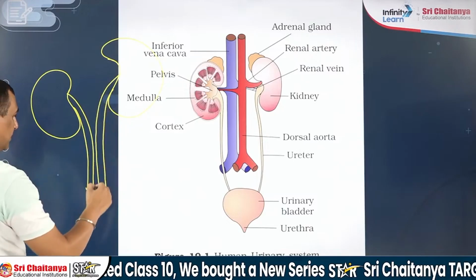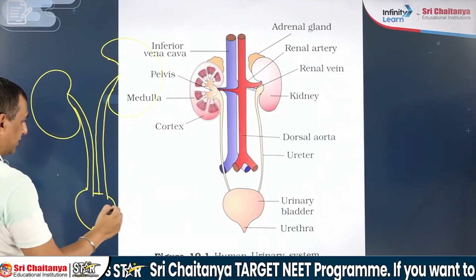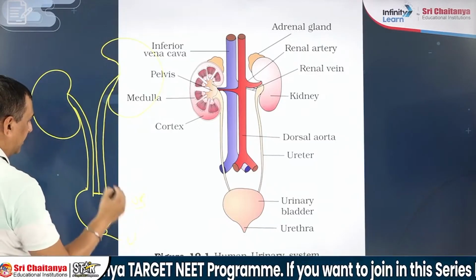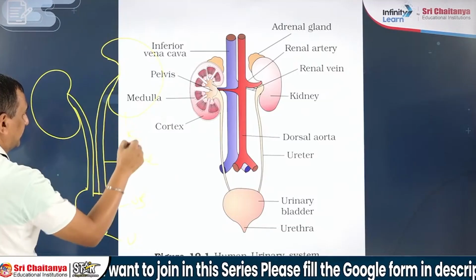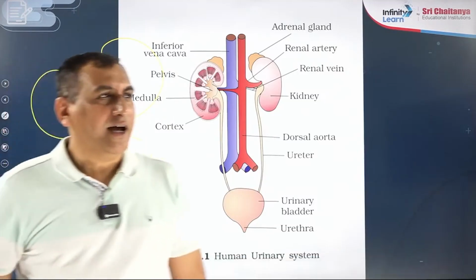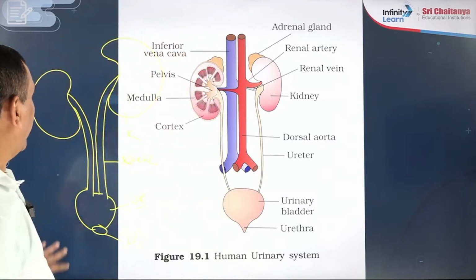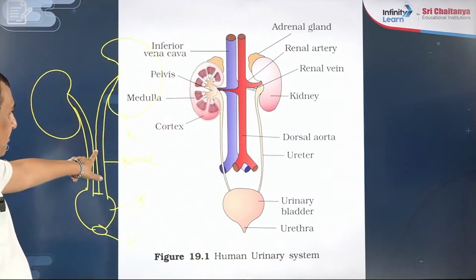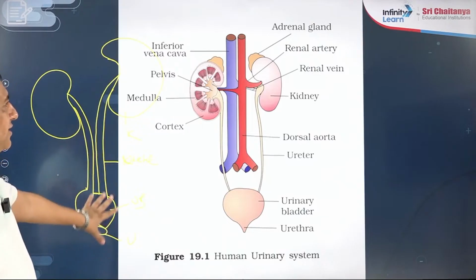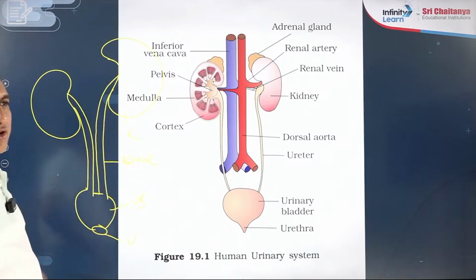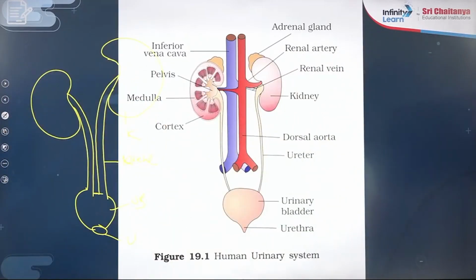So this is the one point. Then it has the urethra and the urinary bladder. This one is the urethra. A pair of ureters. And what is this? This is a pair of kidneys. Anyone will say, yes, the bean-shaped kidneys are there. So a pair of kidneys, a pair of ureters, one single urinary bladder and one urethra. These are the different parts of the human excretory system. Now Krishna said nephron.